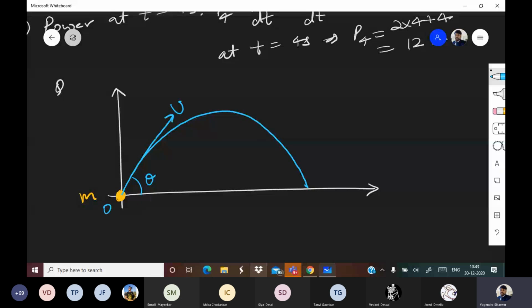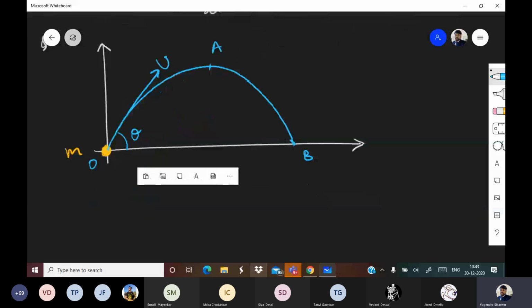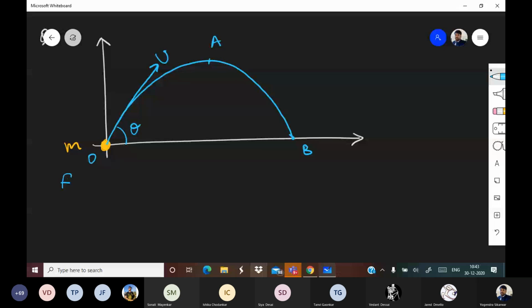This point is O, this point is A, this point is B. Question says, find power delivered by gravity. Gravity means gravitational force. Find power delivered by gravity, number one,